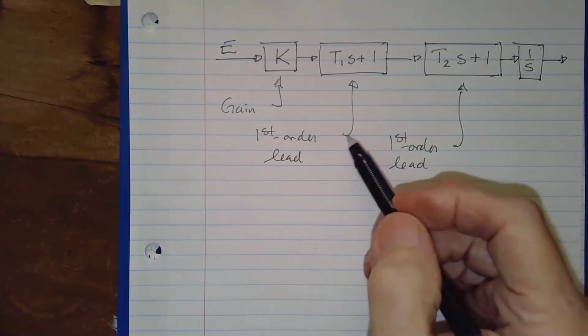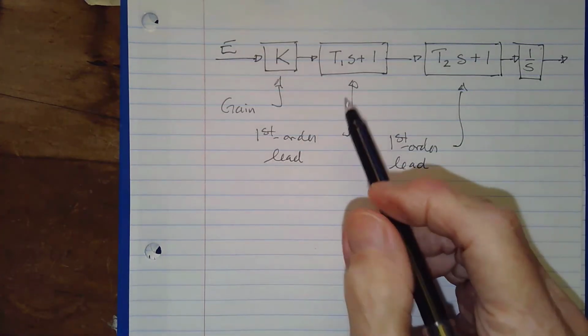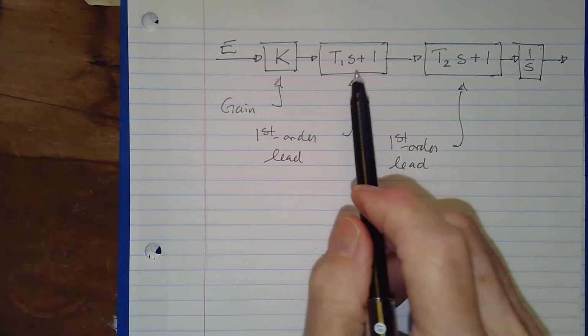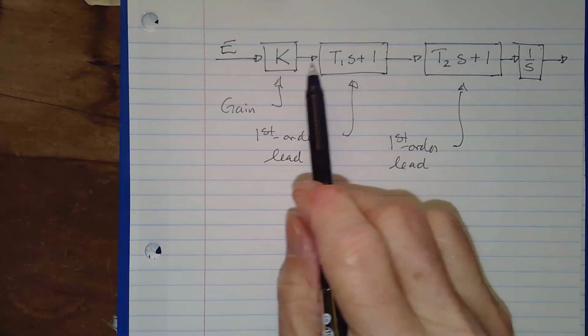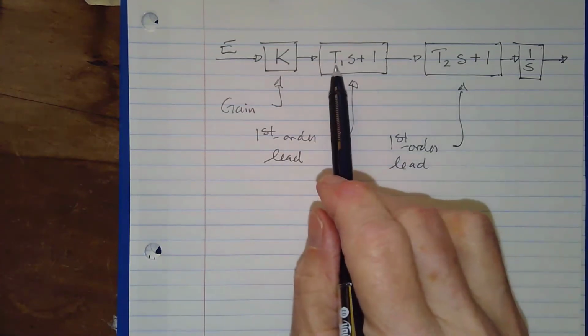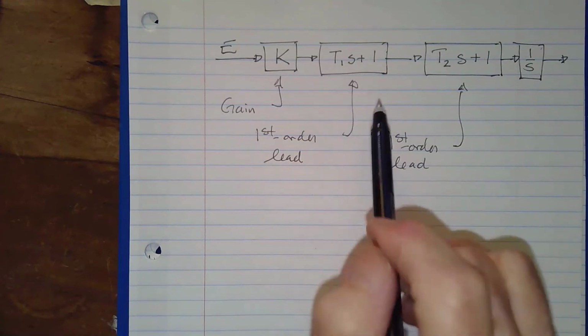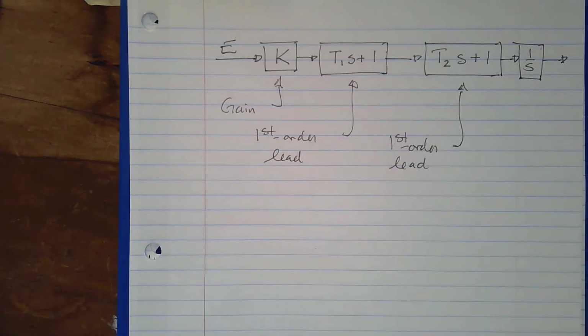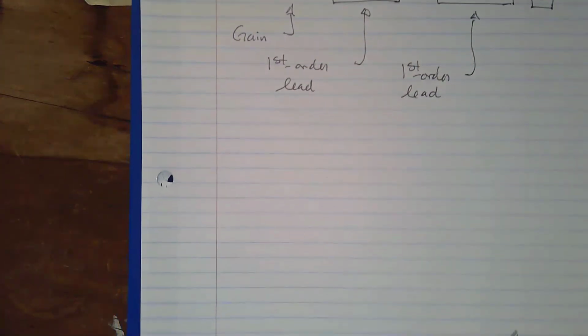And then the other thing that's clear with this too, we can actually modify this a little bit, and I'll do it in just a second. We're putting in a gain, and we're putting in two zeros, basically. We're putting in two first orders that are in the numerator. They're leads, not lags. And then we're putting in an integrator too. So,